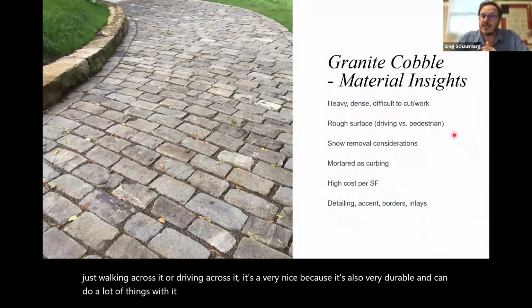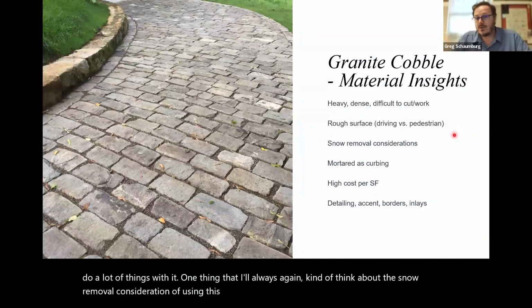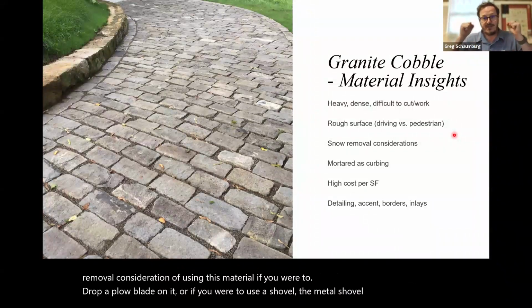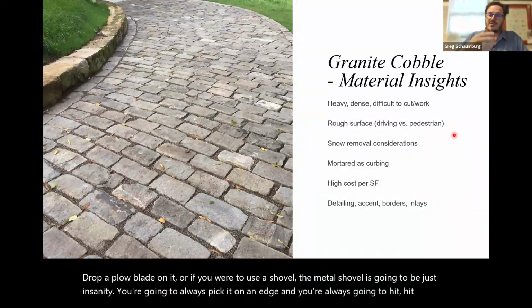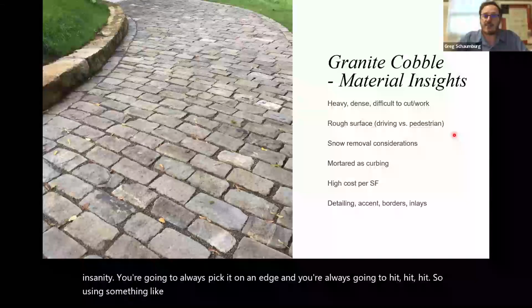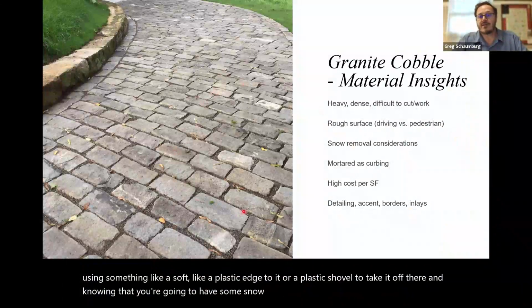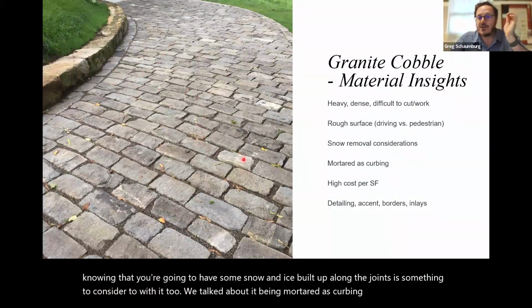One thing that I'll always think about is the snow removal consideration of using this material. If you were to drop a plow blade on it, or if you were to use a metal shovel, it's going to be just insanity. You're always going to catch an edge. So use something soft, like a plastic edge or a plastic shovel to take it off, and know that you're going to have some snow and ice built up along the joints. That is something to consider too. We talked about it being mortared as curbing, oftentimes at a very high cost per square foot